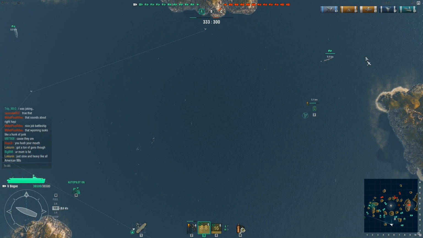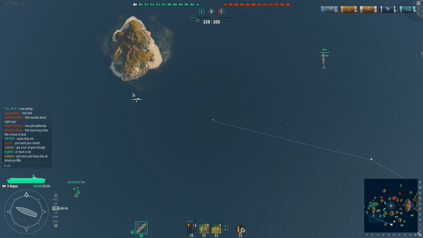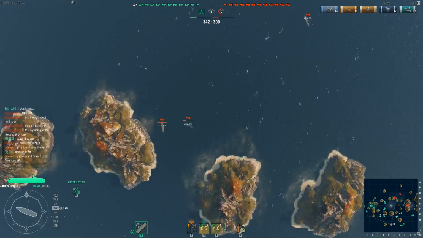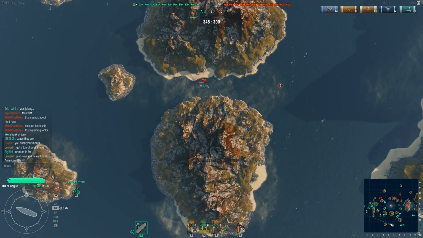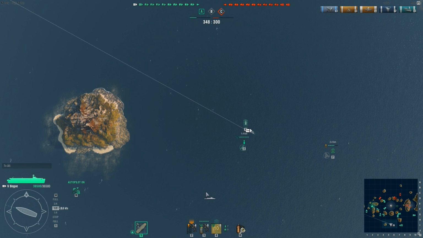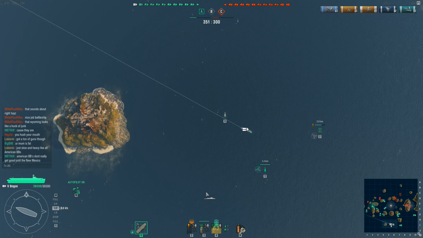So I think I actually made a mistake here. I started deploying my dive bomber squadrons again, which I think is wrong. And the reason I think it's wrong is because it slows down my torpedo planes, because you can't be launching planes and landing planes at the same time, for obvious reasons. So even though getting my dive bombers back in the air so they can start doing more damage is nice,